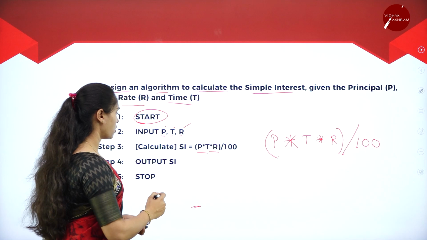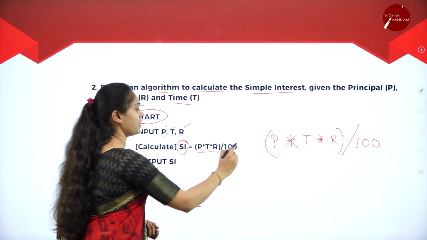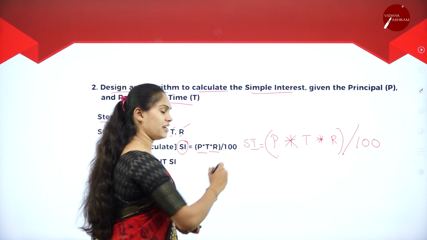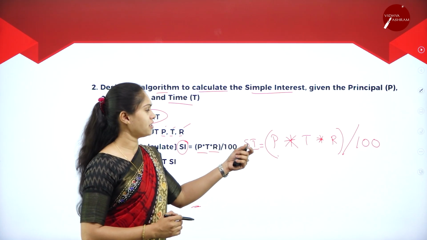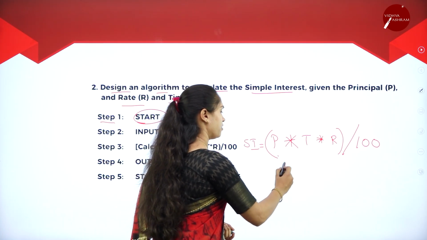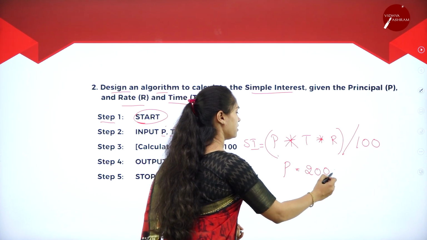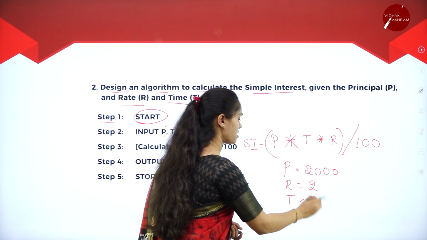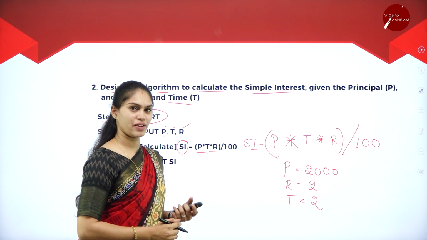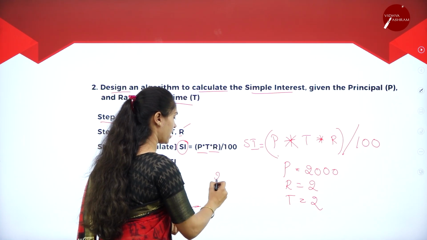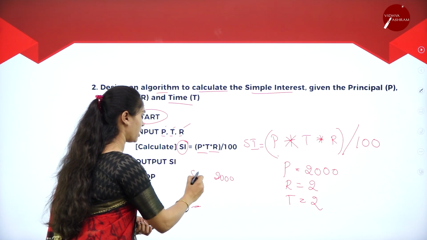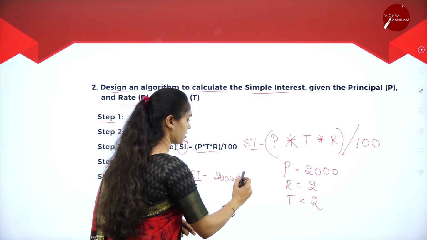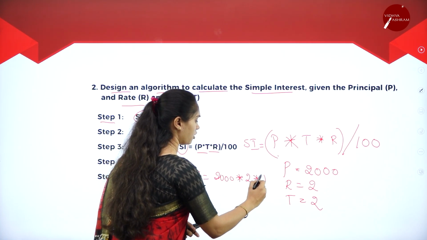Okay, so where will it store then? It will be stored in the variable called SI, that is simple interest, or else you can also write the full name. Simple interest is equal to P into T into R divided by 100. For example, if I take this as 2000, then I am going to give the rate of interest as 2% and I am going to give 2 months of time. Okay, how will the calculation happen? Let me take this one. So that is 2000. So where will it be stored? It will be stored in the SI. So P is nothing but 2000. Then T is nothing but 2 and rate of interest will be 2.